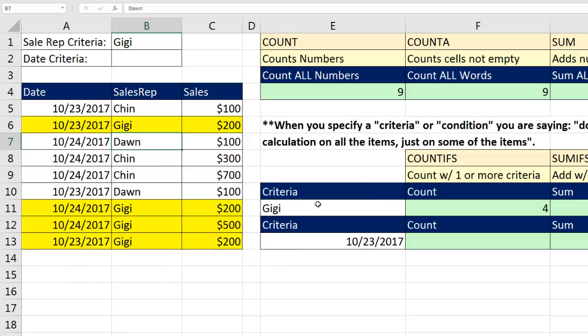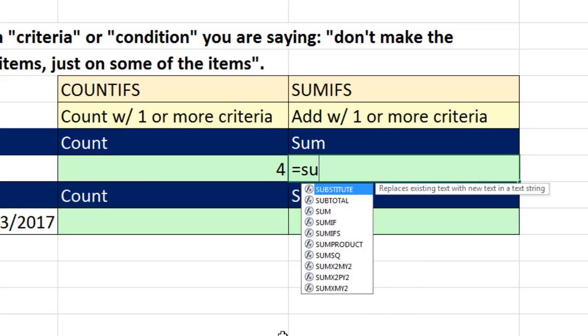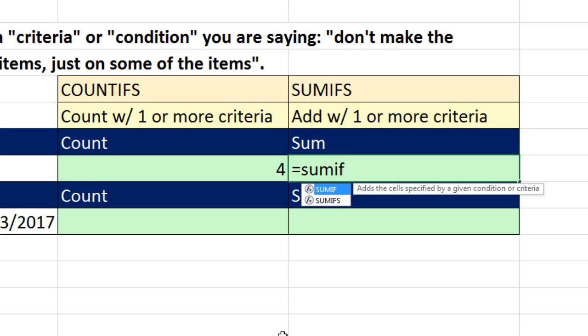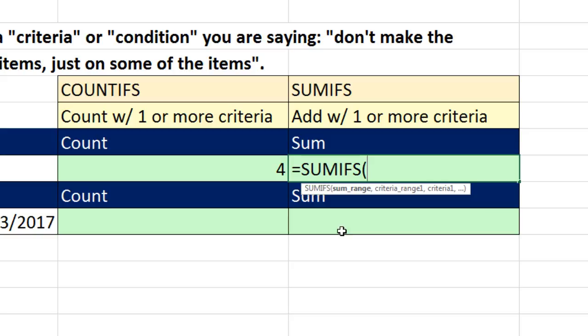Now that's counting with one condition. Now let's try adding with a single condition. Equals SUMIFS. And again, we don't want to use the IF. In the history of Excel, there was the IF that only adds with one condition. In 2007, we got the one with the S. The one with the S does everything that the one without the S does, because we can add with one or more conditions. I'm going to hit Tab. Not only that, but if you use that other version, the arguments are reversed, and the names of the arguments are not as clear. So I like to use the SUMIFS all the time, even when we only have one